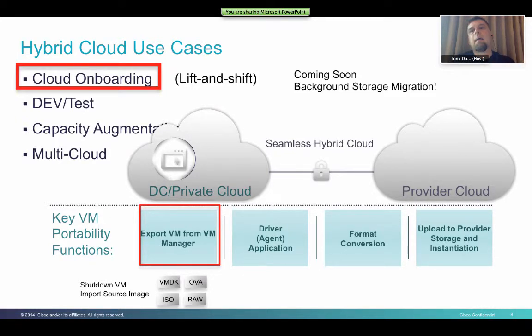So we would just minimize the amount of time that the virtual machine is down,